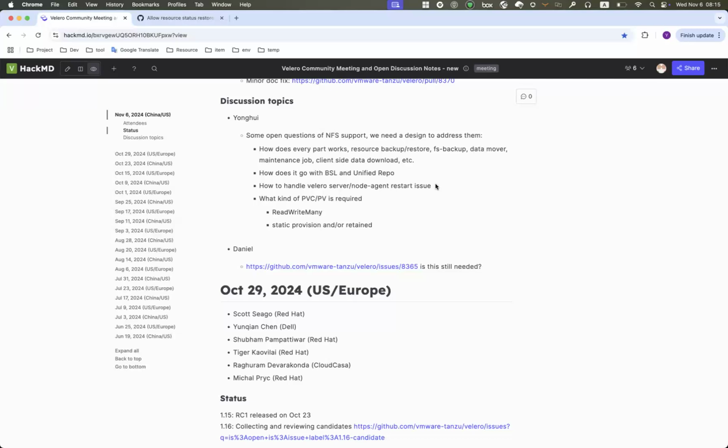So for this one, we may have two directions. The first one is we can solve the problem so that we avoid restarting the Velero server and node agent. And the other direction is if we cannot fix this problem, we at least need to give a graceful user experience from end to end. For example, we may need to add some functionality when adding a BSL. During adding the BSL, we give users options to restart the Velero server and node agent immediately,